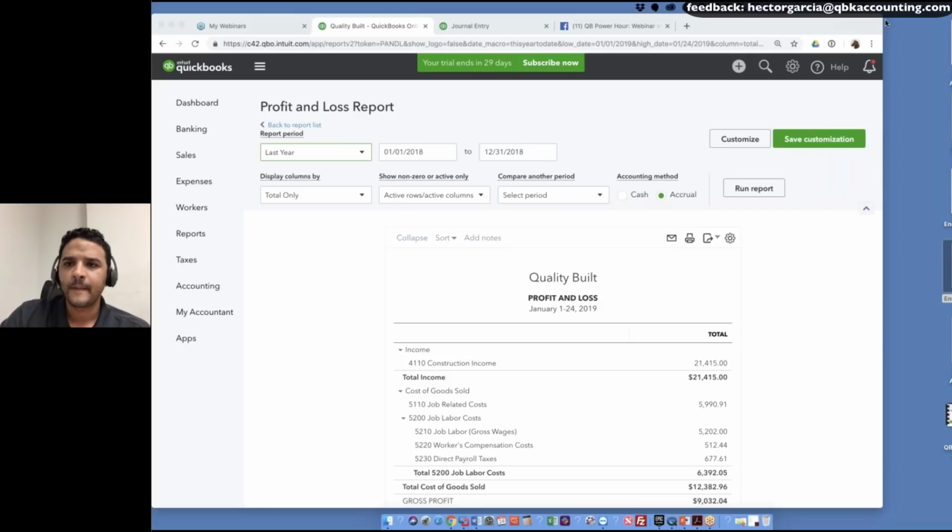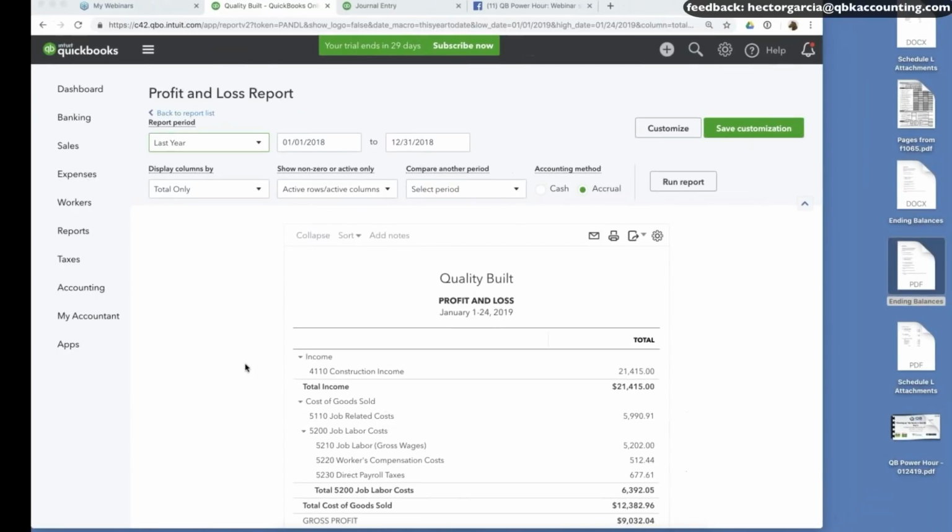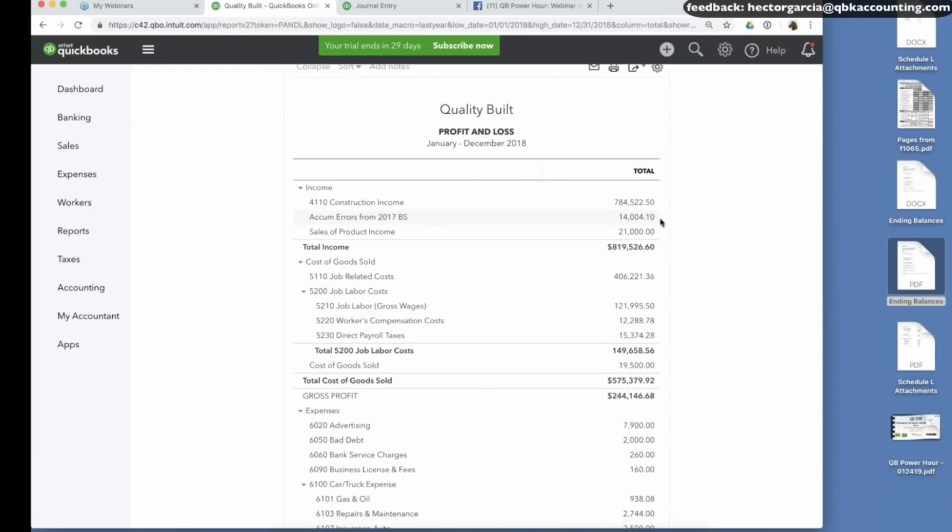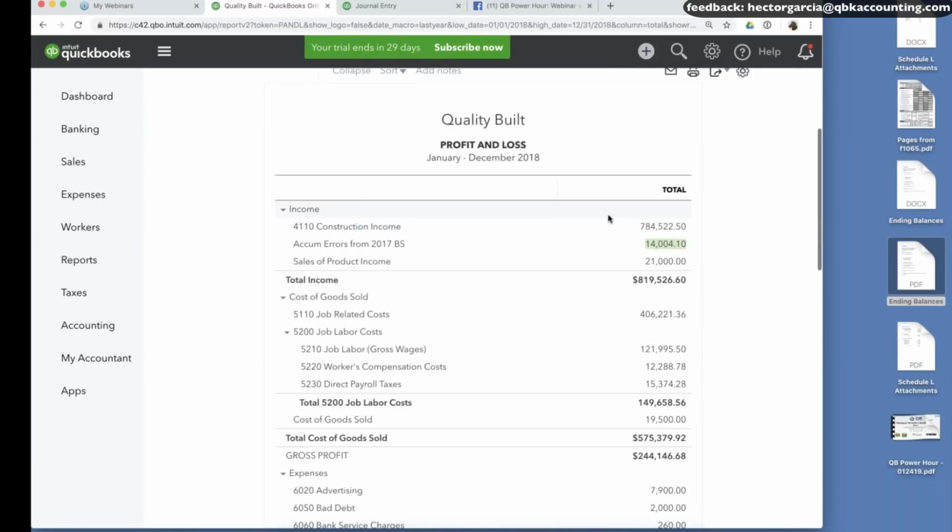Well, what happened to it is that you're taking the income or the adjustment to income. Let me share the screen again. Okay, I'll turn off my webcam. So one of the concerns here is, what's happening with our income account. So what happens is I have this accumulated errors account that added up to like $14,000, which is income you're just going to have to assume,